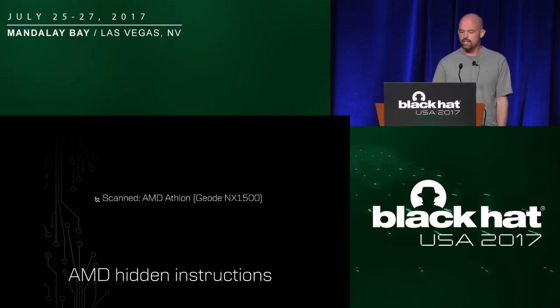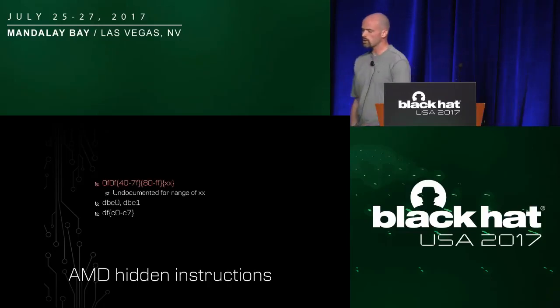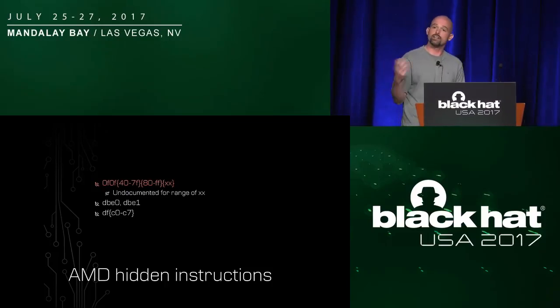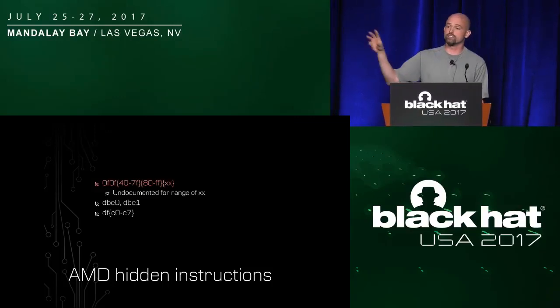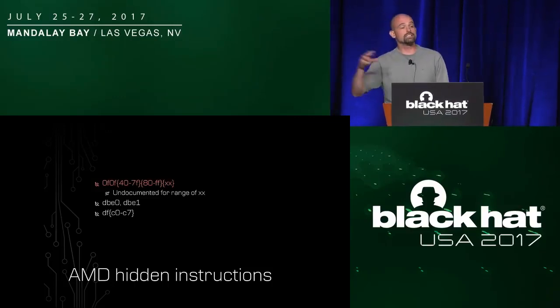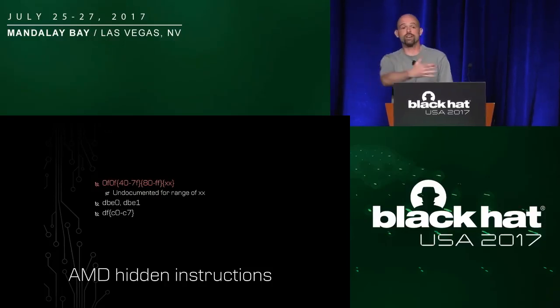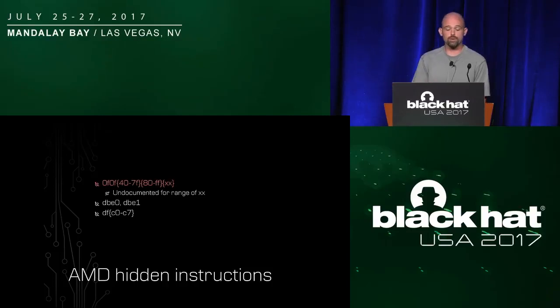I scanned an AMD Geode system. These are the undocumented instructions I found on AMD. Now, when I started scanning systems or processors from different manufacturers, I noticed some interesting patterns. There were a lot of overlaps in the undocumented instructions across different manufacturers, which means even though we don't know what these instructions do because they're not in the documentation, the manufacturers are coordinating on what these instructions actually do. So for example, on an AMD system, I found the same DB E0, DB E1, and DF instructions